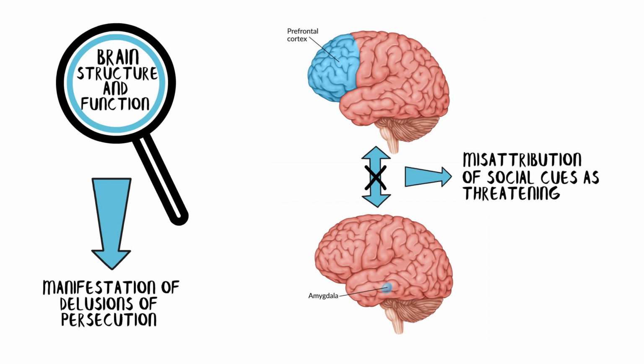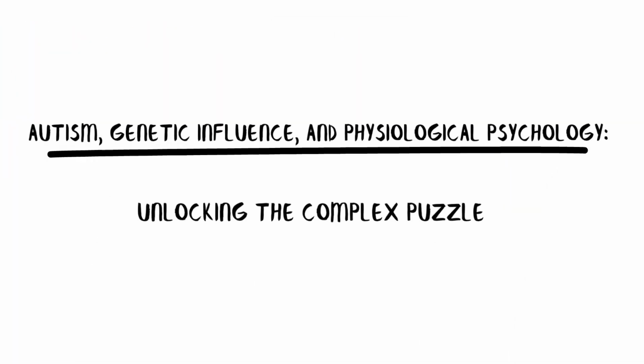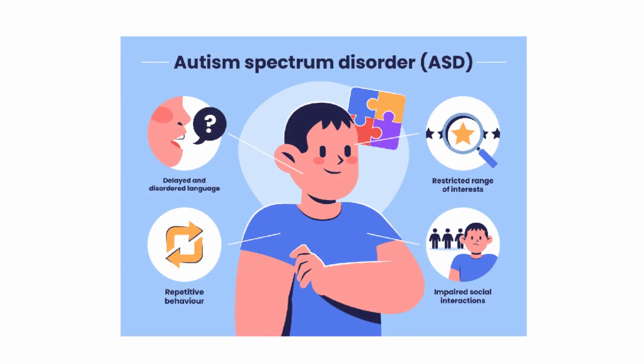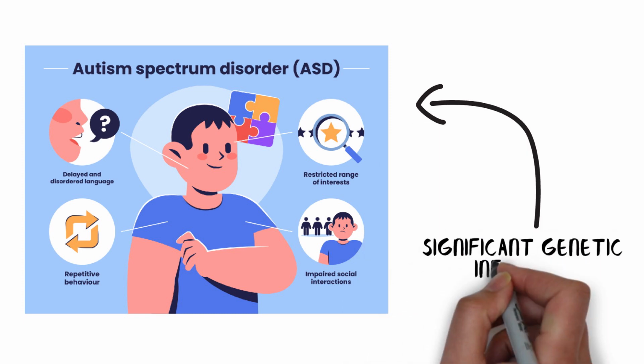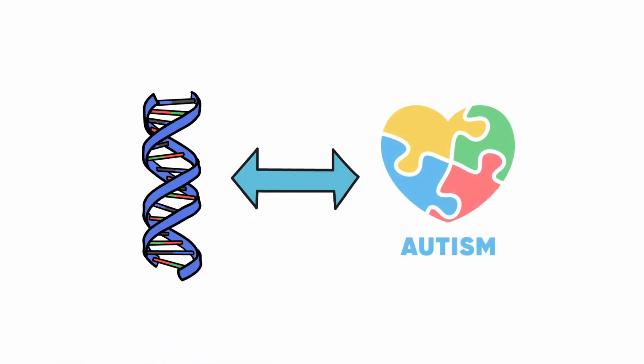Autism, genetic influence, and physiological psychology, unlocking the complex puzzle. Autism spectrum disorder, ASD, is a neurodevelopmental condition characterized by a range of symptoms including social difficulties, repetitive behaviors, and communication challenges. While the exact causes of autism remain multifaceted and not fully understood, there is strong evidence to suggest a significant genetic influence. The field of physiological psychology plays a pivotal role in unraveling the intricate relationship between genetics